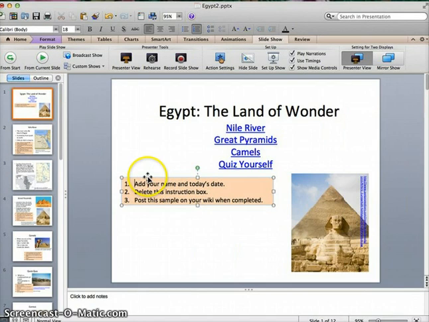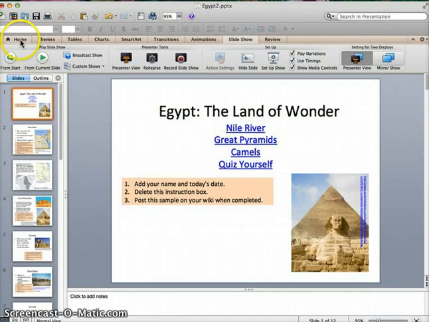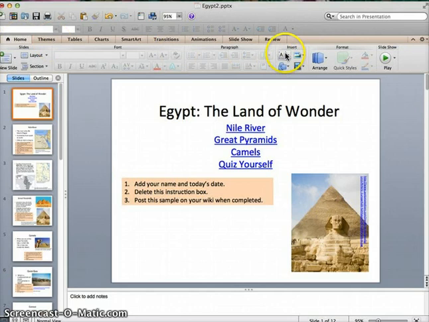I need to add my name and today's date, delete the instruction box, and remember to post the sample on my wiki when it's completed. In order to make a new text box, I go to Home. I select the text icon, text box. I can put my name down here